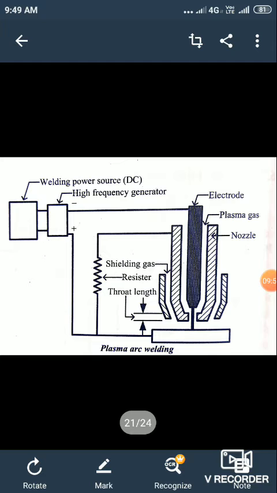So in this case, two inert gases are used, one for creating a plasma gas and another for creating a shielding gas. Okay, the process employs two inert gases. One forms the arc plasma and the second shields the arc plasma. Filler metals may or may not be used. Shielding is done to prevent contamination of weld. Temperature produced is about 10,000 degrees Celsius to 14,000 degrees Celsius. This high amount of heat energy is used for welding.